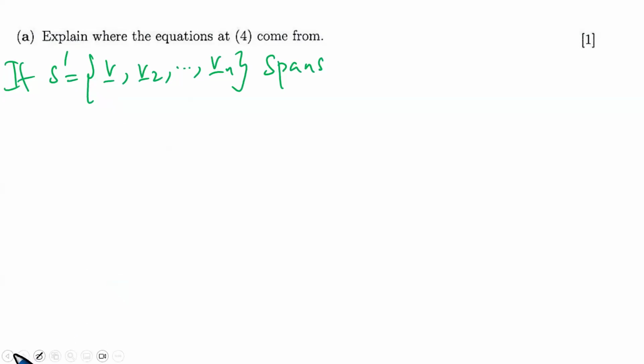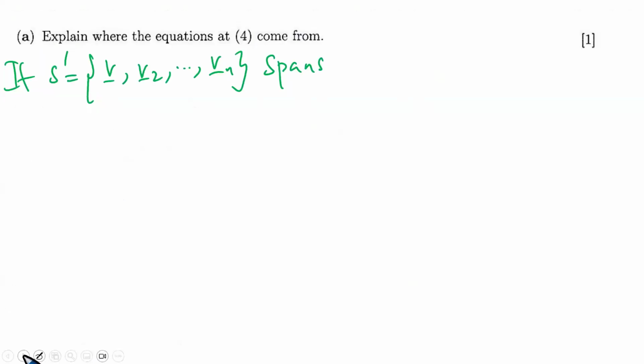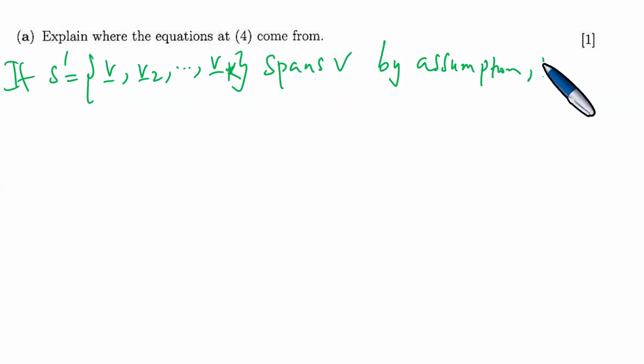This one we called S prime, which goes up to vk. So if this one spans V by our assumption, then from the fact that it spans V, it means that by assumption,